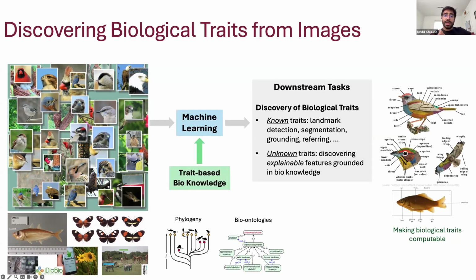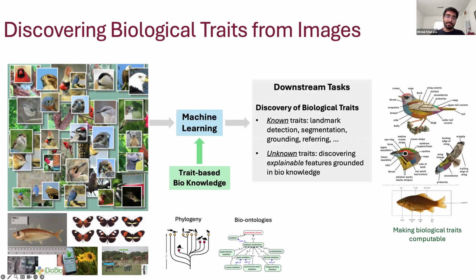Okay, so this is where we can introduce some biological knowledge to ground the learning of machine learning features to biologically meaningful concepts, and goes beyond improving the predictive accuracy to getting the explainability of learned features. We want to answer the why of why this species and not just this species, essentially. So this way of introducing external knowledge into machine learning models is kind of the growing field of